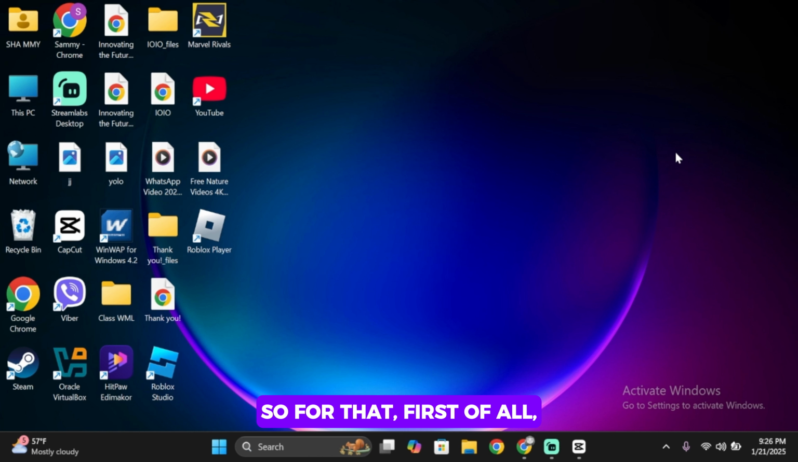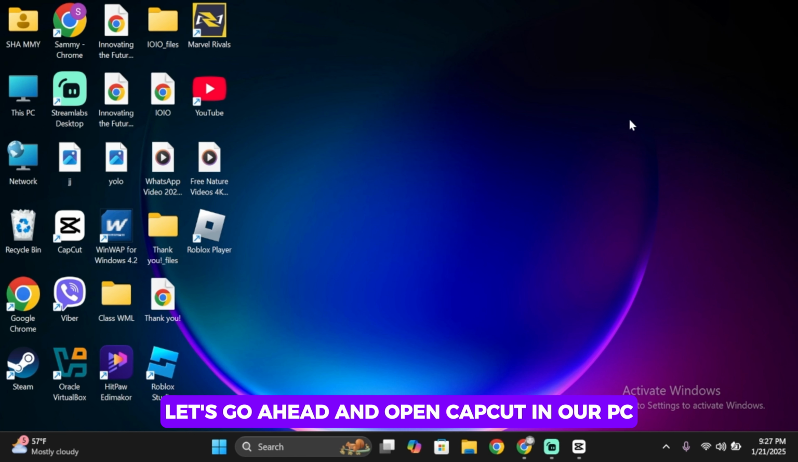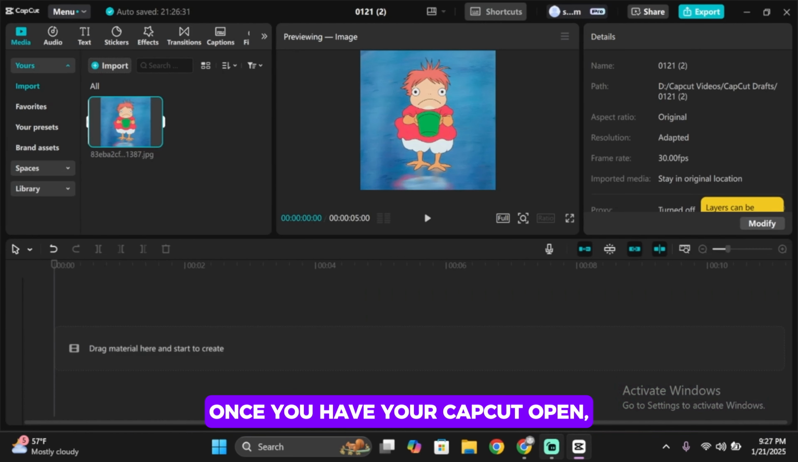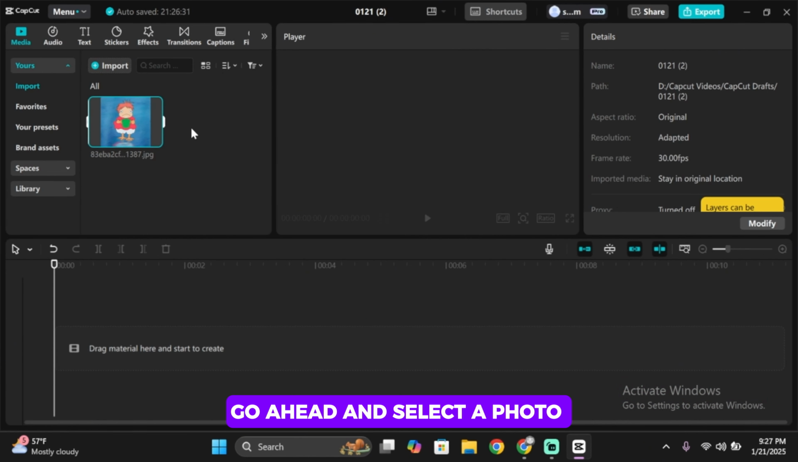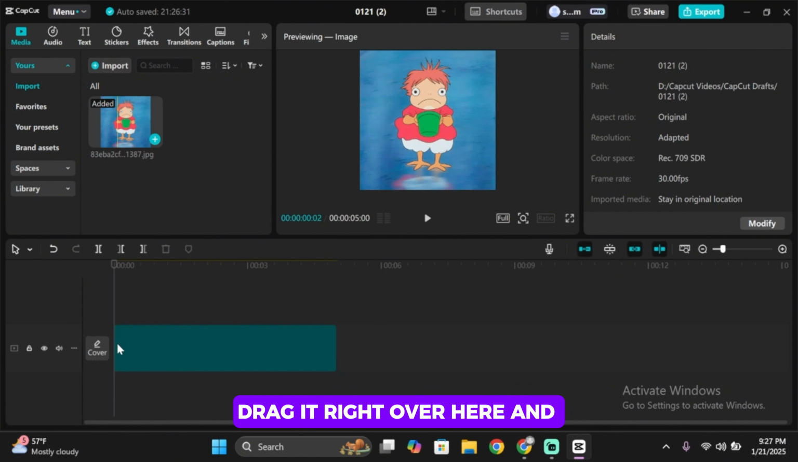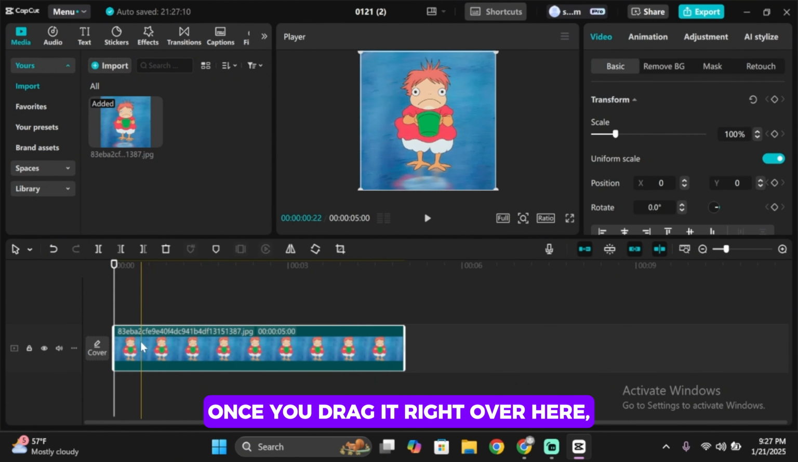So for that, first of all, let's go ahead and open CapCut on our PC. Once you have your CapCut open, go ahead and select a photo. Once you do that, drag it right over here. And once you drag it right over here, go ahead and select it, and then go ahead and select video,